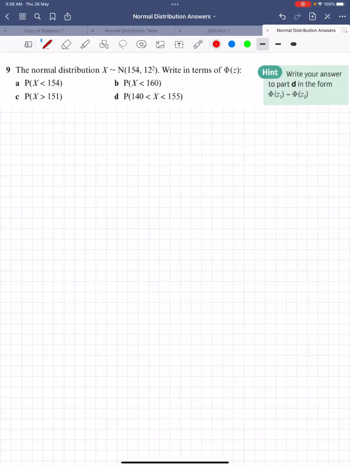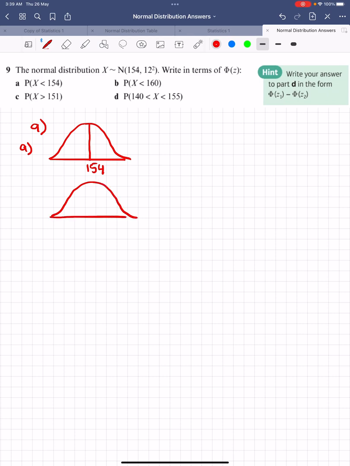7D, question number 9. X is distributed normally with a mean of 154 and a standard deviation of 12. So we draw the bell curve for this. Mean is 154, and for part A, 9A, we need to find the probability for any X value less than 154. Now, if we map this onto a standard normal distribution curve, since the mean is 154, it will be